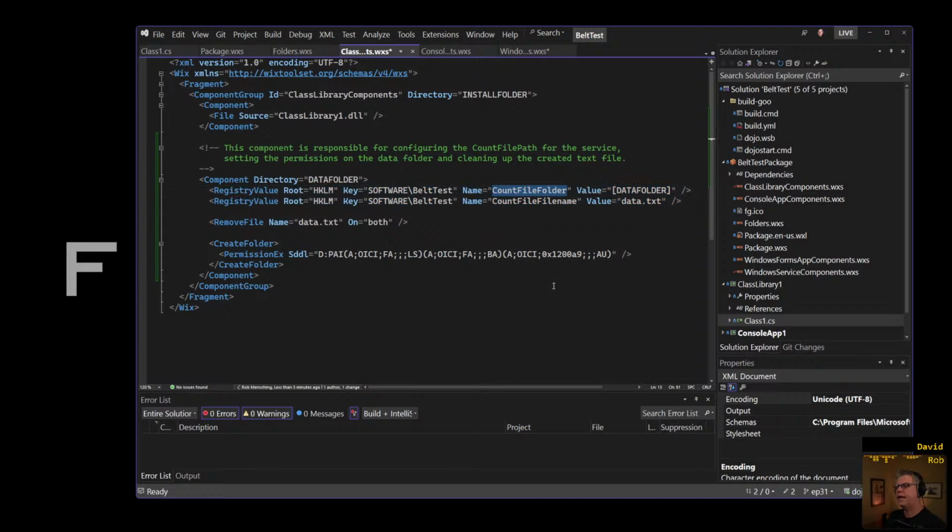Now, if we want to say, hey, where did we store the path for the data folder? Well, we put it in this reg key right here. Oh, is there any other stuff? No, that is the whole path right there. This one registry key will contain the path of where our file will be. Does that make sense? Yeah. Right? So now we have a place that we could say, hey, if we could read this registry key, we would know exactly where this folder is.